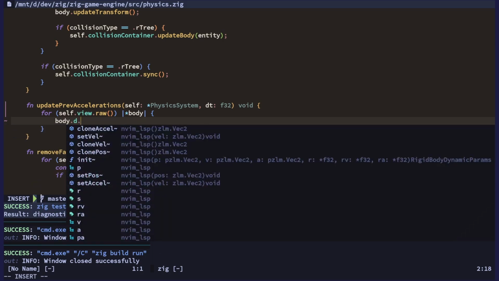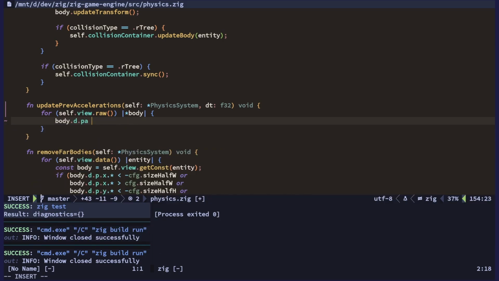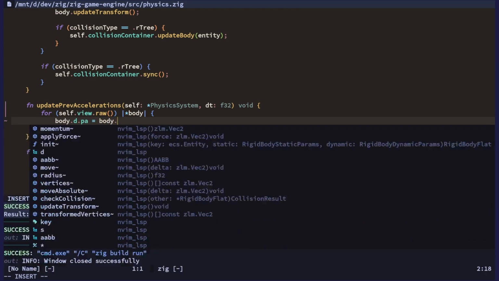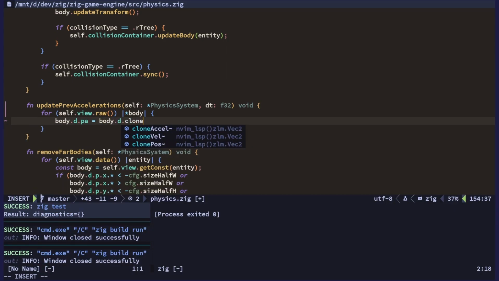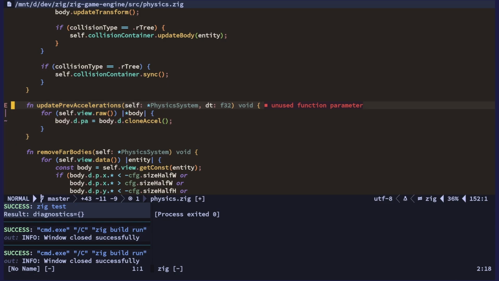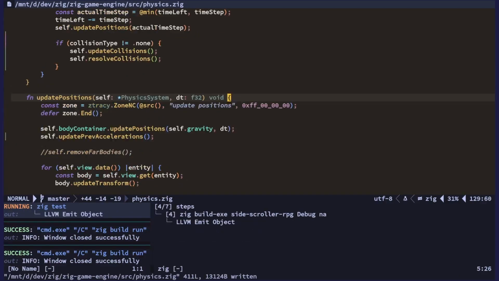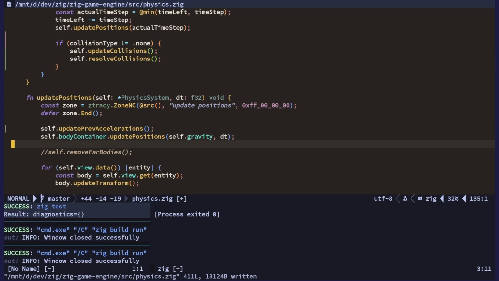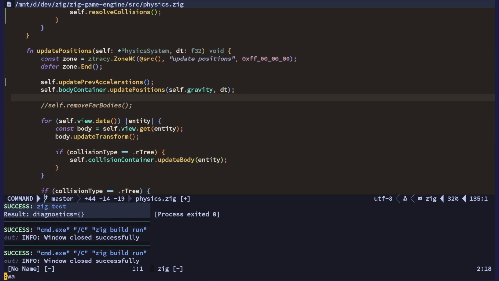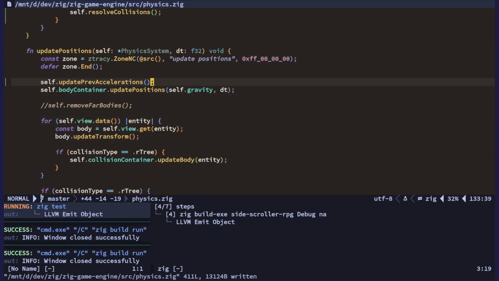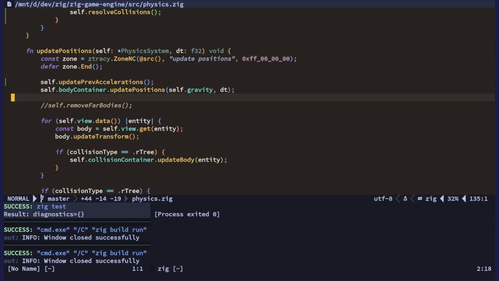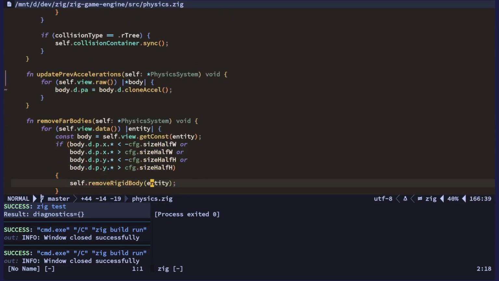So what I want to do is set the previous acceleration to be this. Actually, we want to do this before we update the positions. Yeah. So we save the accelerations here, and then we have the positions and reset the accelerations, and then we have